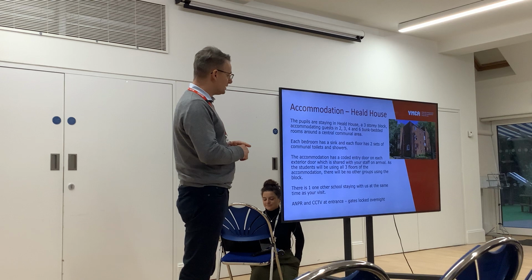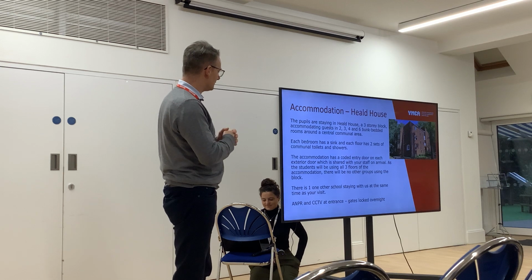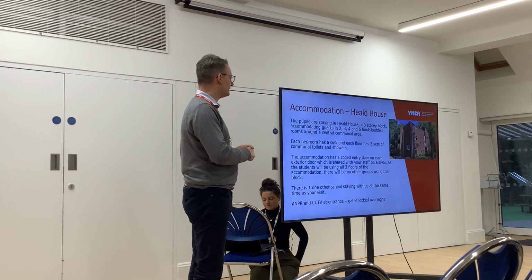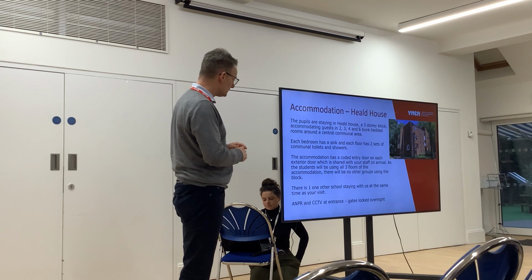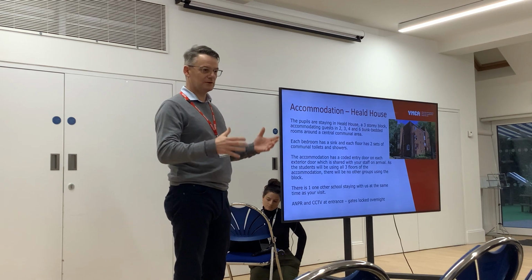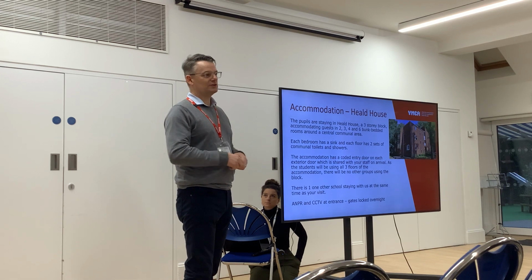It says here each bedroom has a sink in, so make sure they clean their teeth before they go to bed. And there's obviously a couple of toilet and shower facilities on each floor. So effectively on 3 floors, and really it's up to the school how they kind of divide you up and which rooms and things. But you've got plenty of space. I think you've got about 50 of you in total, and there's 90 beds,